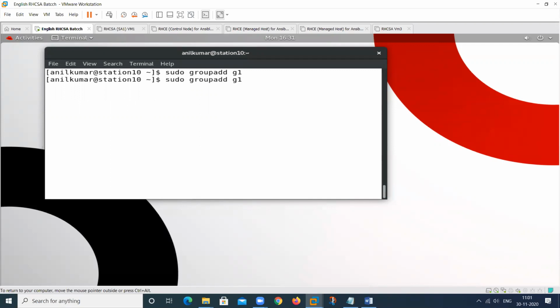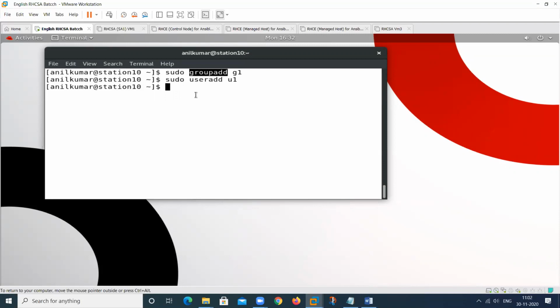But at this time I am using these two commands, useradd and the username user1. He can perform this command also, but I want only this command to be performed by this user, not all the commands, only this one.